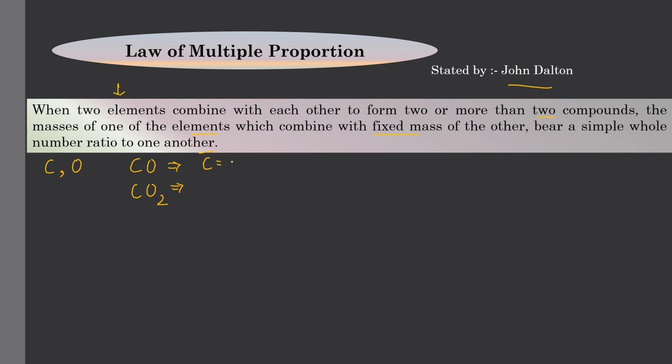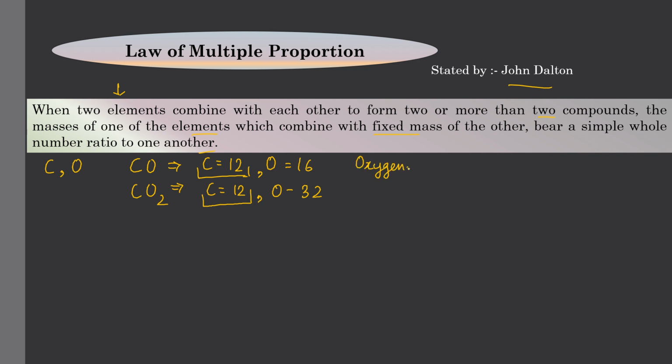Here the mass of carbon is 12. Here also the mass of carbon is 12. Mass of oxygen in the first case is 16, while in the other it is 32. Right? Now they are saying the mass of one of the elements which combined with a fixed mass. Here we have taken carbon 12 here and carbon 12 here to be fixed. What is not fixed is the oxygen, and we have to take the ratio of the one which is not fixed. So oxygen